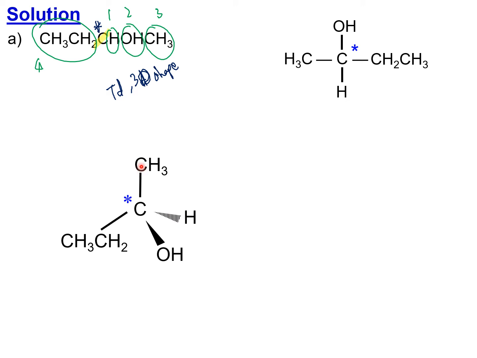Lepas tu you letaklah all of these 4 different groups dekat all of these bonds. Okay, CH3, HOH, CH2, CH3. Macam in this case, I letak CH2, CH3 kat bawah, tapi make sure this bond kena attach pada this carbon, CH2. Okay,